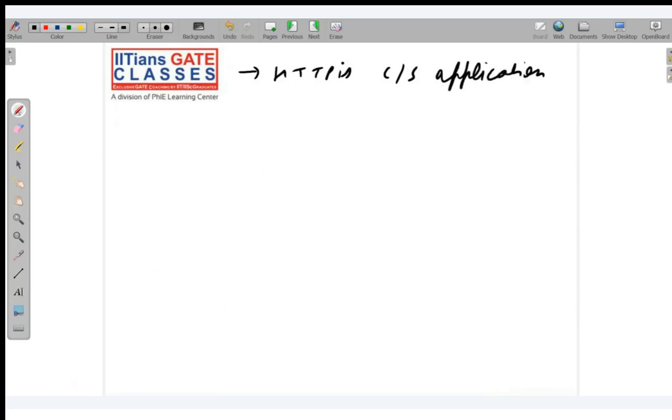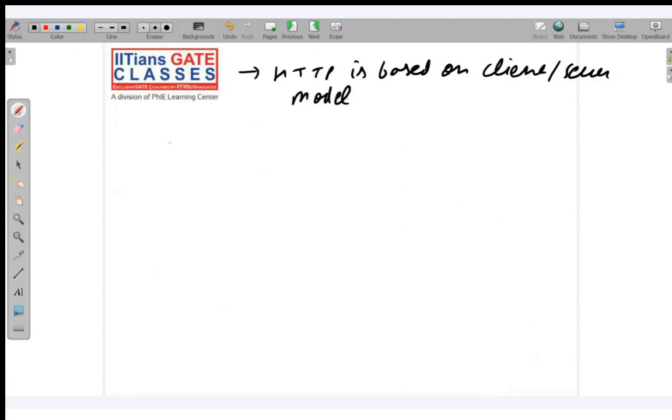HTTP is based on the client server model. Next important point is HTTP does not have any flow or error control mechanism, so it will rely